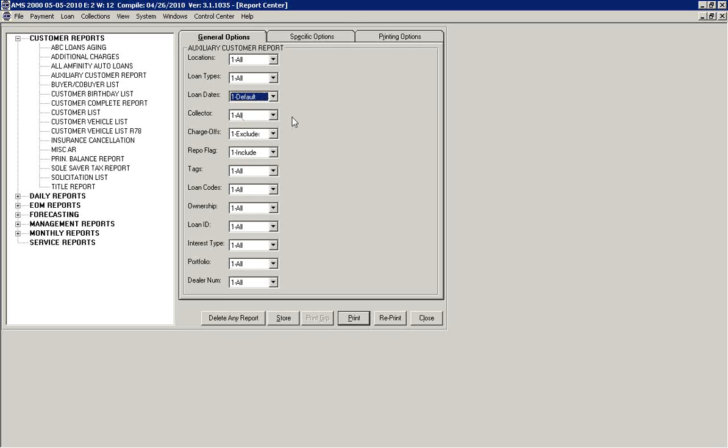The other options that you'll see here: collector, charge-off, and repo. Charge-off and repo are flags in the system. You can include or exclude, and you can also only choose those. So if you want to see just a list of your charge-offs, you'd select only. Same goes with the repo flag: